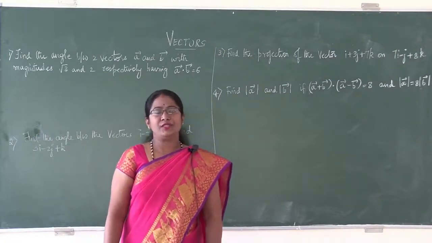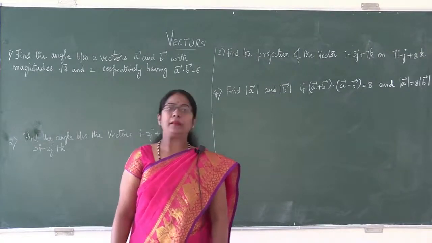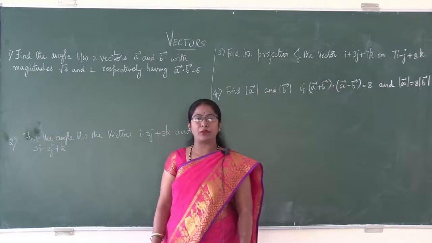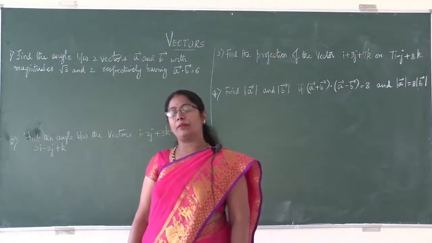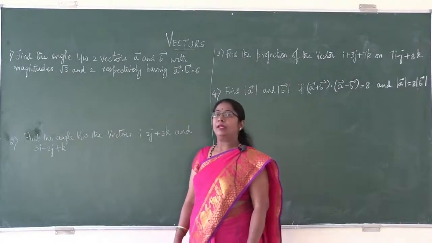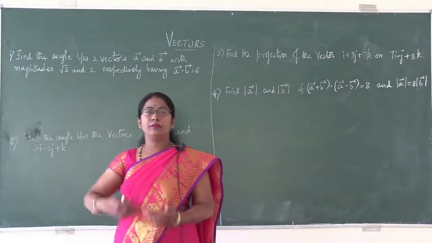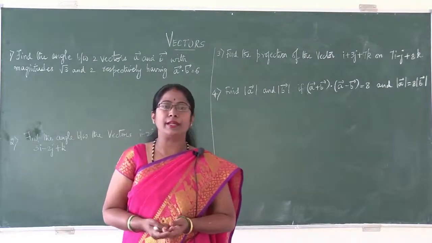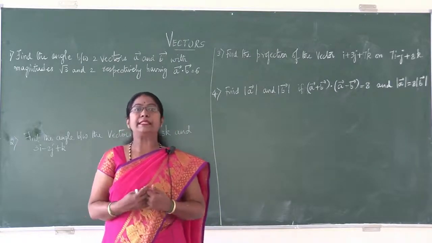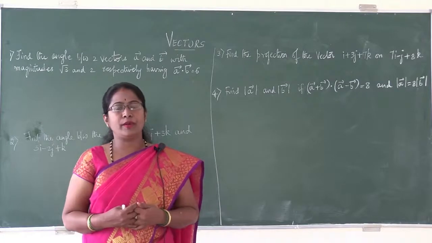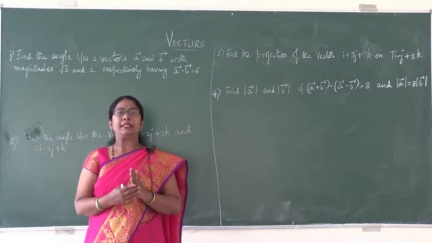In the previous session, we had discussed the geometrical meaning of dot product or scalar product and some properties of dot product. So in today's session, we shall be solving some problems based on dot product or scalar product. Quickly to summarize the geometrical meaning of scalar product, you can consider any two vectors, vector A and vector B. The geometrical meaning of vector A dot B is given by vector A dot vector B is equal to magnitude of vector A, magnitude of vector B, cos theta.